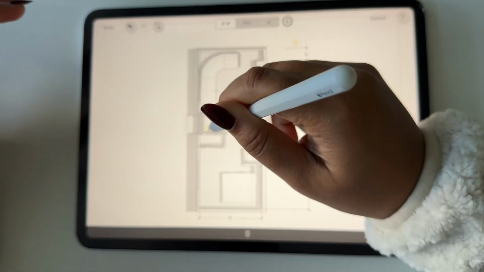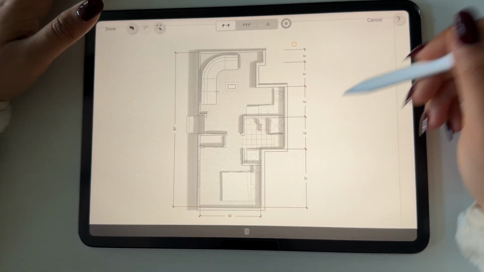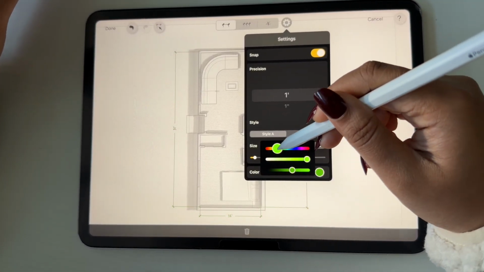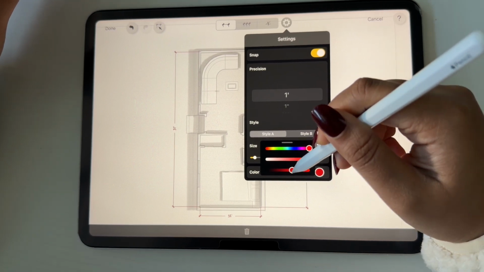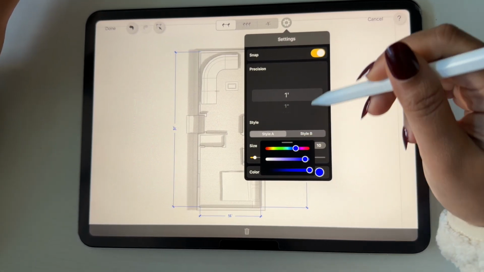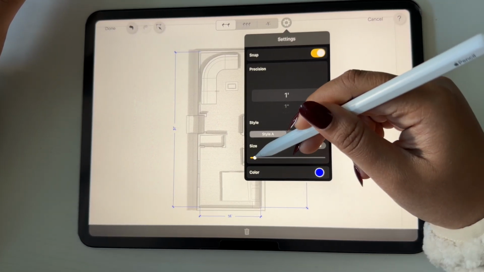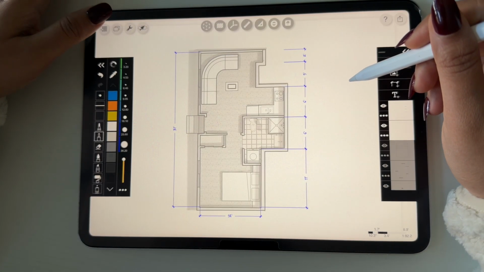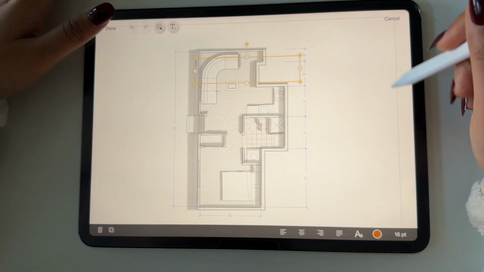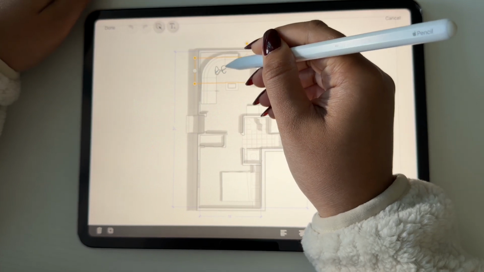So the scaling feature and the dimension feature are just amazing in Morpholio. You can adjust the color, the size, and how you want it to show. It has two basic styles and lots of colors. Okay, when the